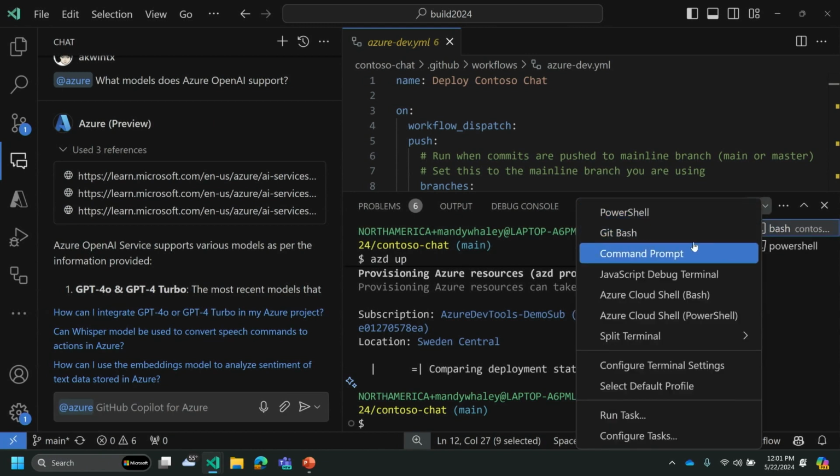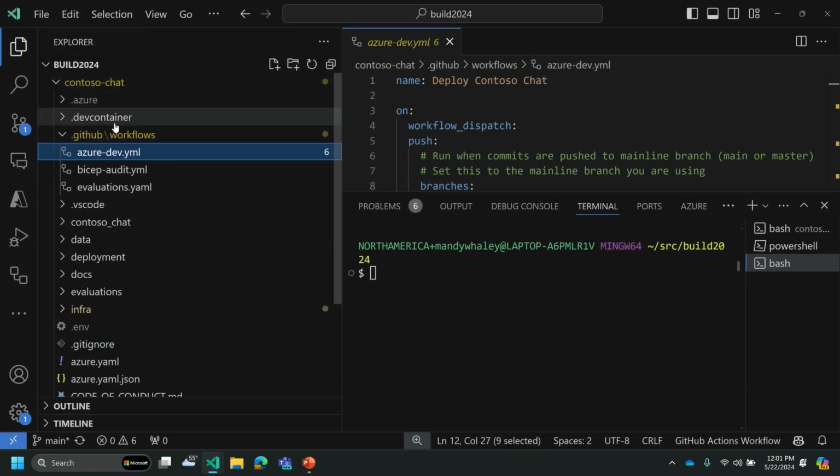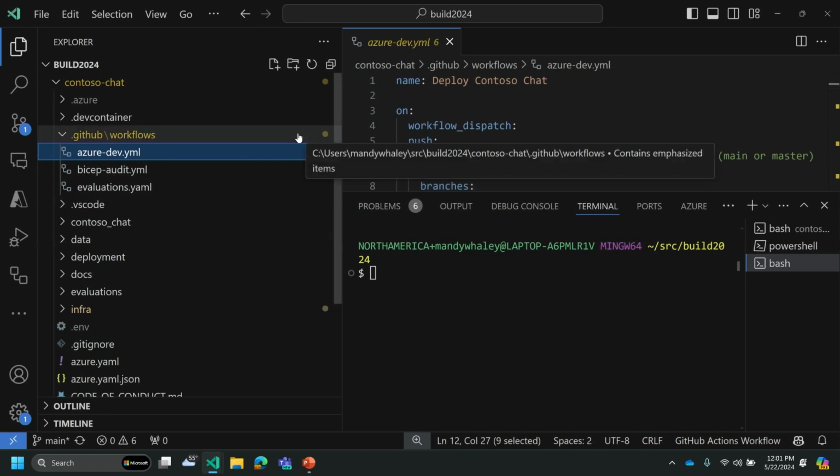All right, so AZD pipeline config, like we mentioned before, is the one that helps you with your GitHub Actions workflow. When we created this template, there is a GitHub Action workflow called Azure Dev YAML that's included. This helps you deploy your application to Azure. But if you've ever done this before, when you're setting up your GitHub repository and your Azure subscription to work together, there are steps that you have to do. And you want to make sure that all of your secrets are stored securely, encrypted in GitHub Secret Store,